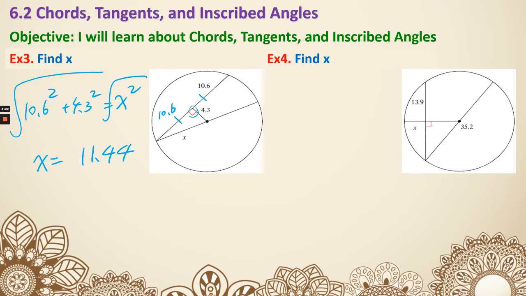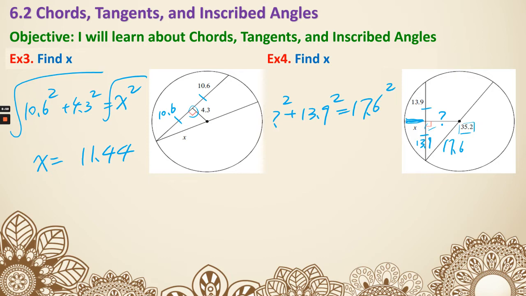Example 4, same idea, but this time it's asking for this little part of x. If you want to know that, you do need to know this question mark. And since that is a 90-degree angle, these two parts are going to be the same. And even though that is a number, it's actually given the diameter; we, however, need the radius so that we can actually have the right triangle. So 35.2 divided by 2 is going to be 17.6. Now it's time to set it up. Question mark squared plus 13.9 squared, because again, this part is 13.9, equals